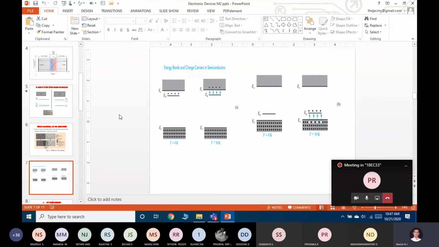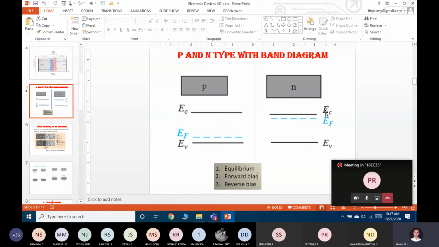Yes, sir. Now I will display this diagram. ಏನಾದರೂ change ಮಾಡಿದೀನಾ ಈ diagram ಅಲ್ಲಿ? Just check it out. P type is there, N type is there. So in the N type ಅಲ್ಲಿ Fermi level ಯಾವುದು ಹತ್ರ ಇತ್ತು? Conduction band ಅಲ್ಲಿಗೆ ತಗೊಂಡಿದ್ದೀನಿ. In the P type, the Fermi energy level is very near to the valence band. The same thing I have taken here. Anything change? Is it clear to everyone?